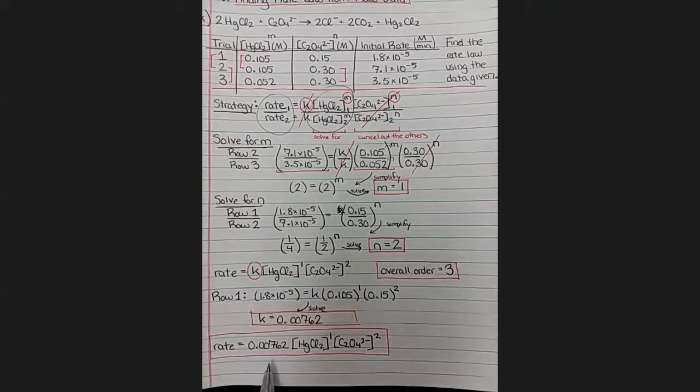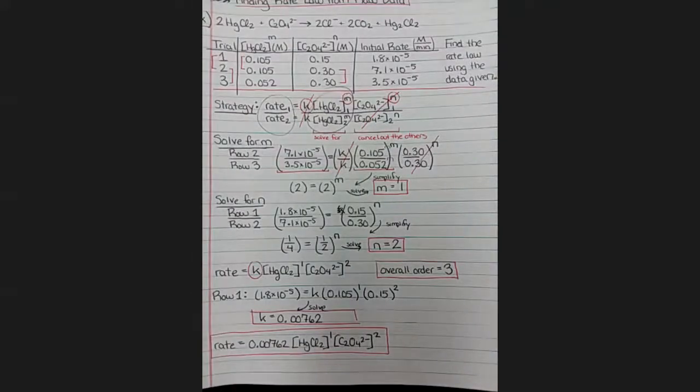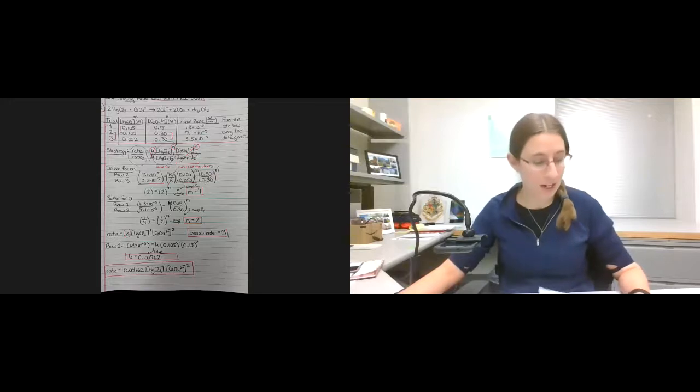Ta-da! We figured out that entire rate law just from these 3 lines of data. So that was pretty cool. I'm pretty impressed with us for figuring out all the information about the rate law just from a little data